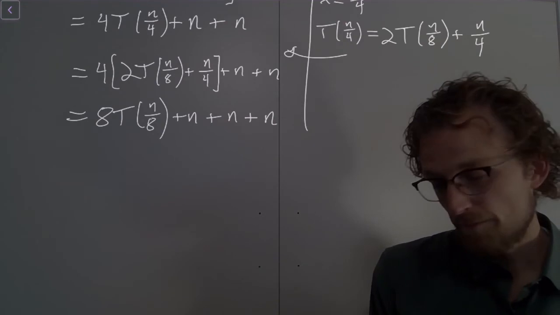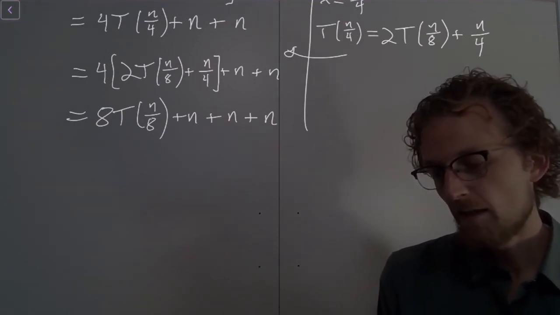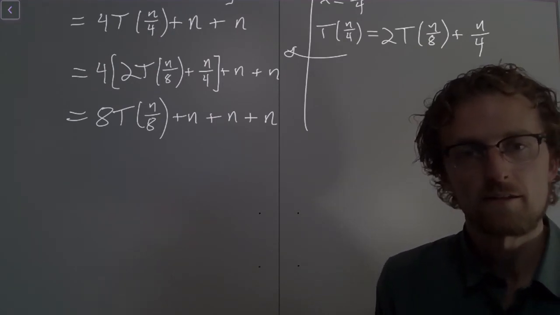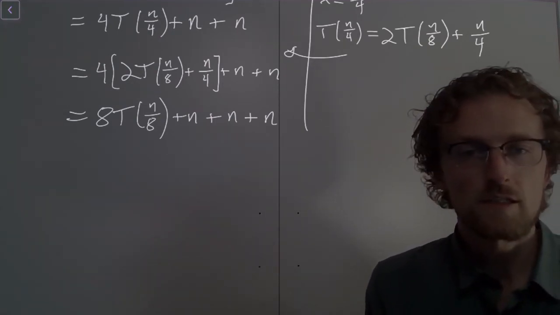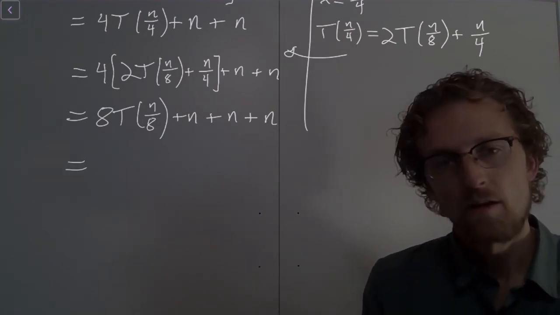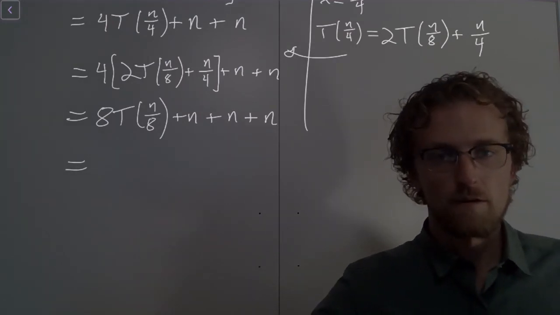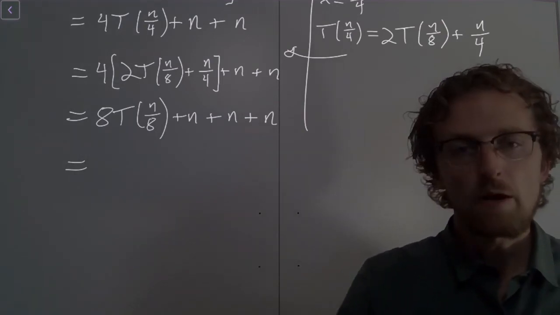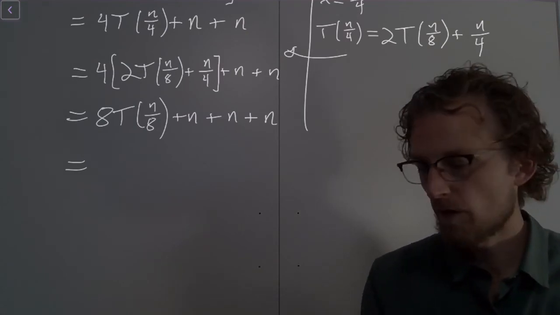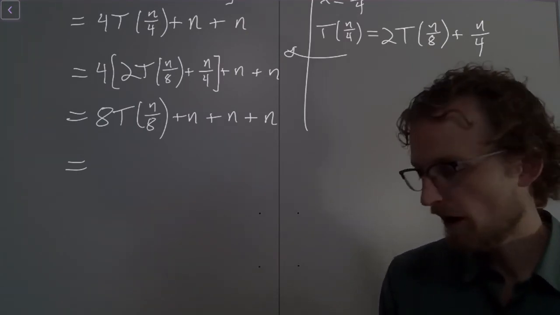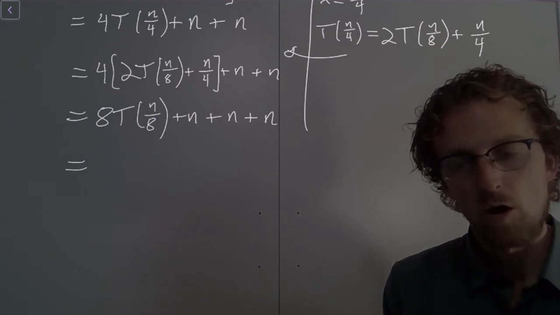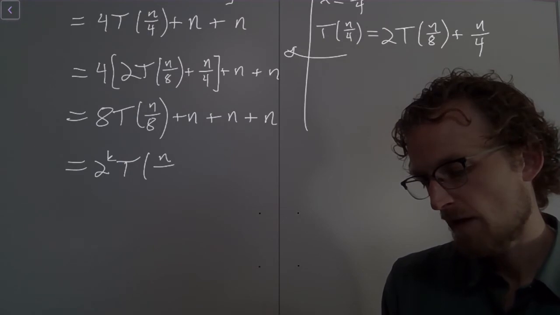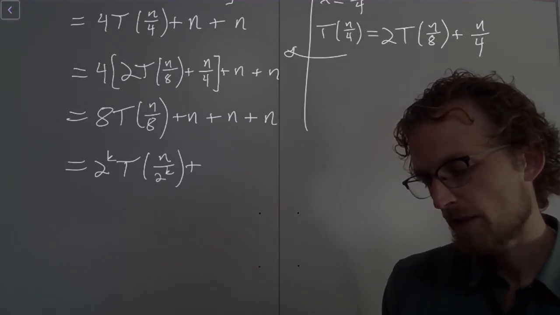So what's the pattern? Well, it should be pretty clear, right? 8 is 2 to the 3, and when we have 2 to the 3, we also have 3 n's added on, right? So what that means is that every time we recurse, we double the number of recursion branches in the recursion tree. We have the input sizes to each of those, and we add on another linear overhead amount. So here we have 2 to the k times t of n over 2 to the k plus now k